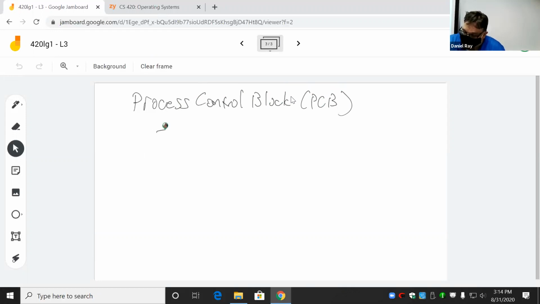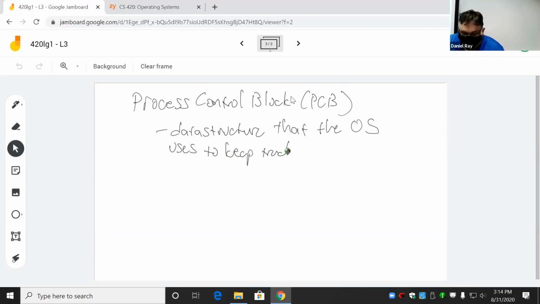It is a data structure that the OS uses to keep track of each process. It contains things like, but not necessarily limited to, definitely it has to have the current instruction